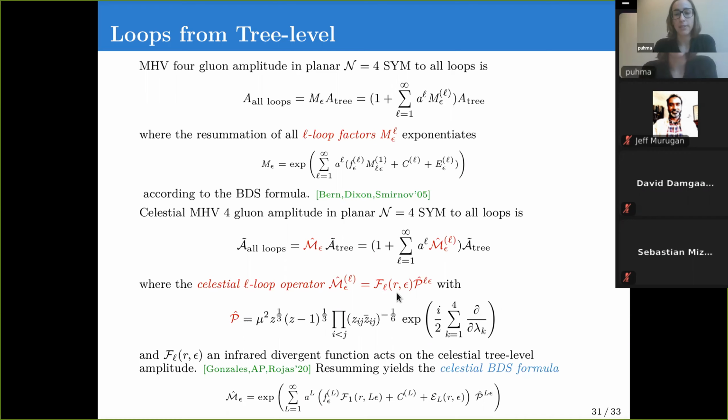But then there is an operator p hat to the power L epsilon, where L is the loop order. And this operator p hat is somewhat related to the celestial operators that I showed before. Namely, they also have a derivative with respect to the conformal dimension, or with respect to these lambdas. So, one can also recover a resummation of these celestial L-loop operators to give an all-loop operator acting on the scalar amplitude that is an exponential, well, it's actually a double exponential operator in this derivative with respect to